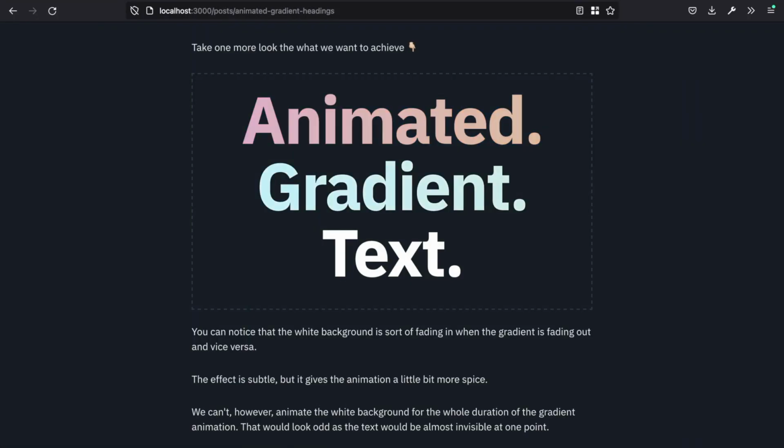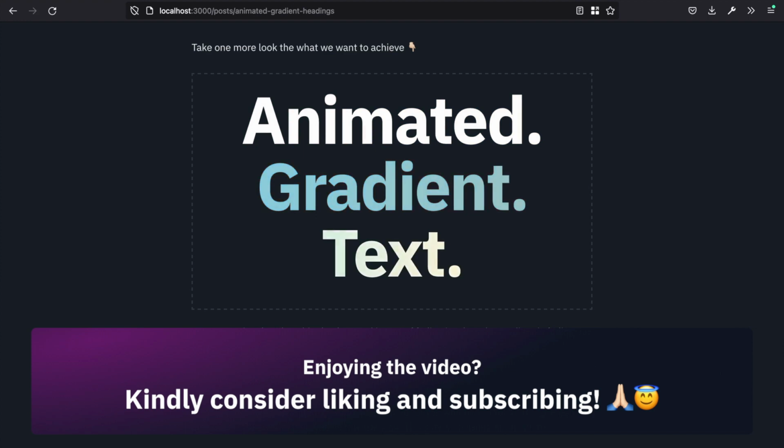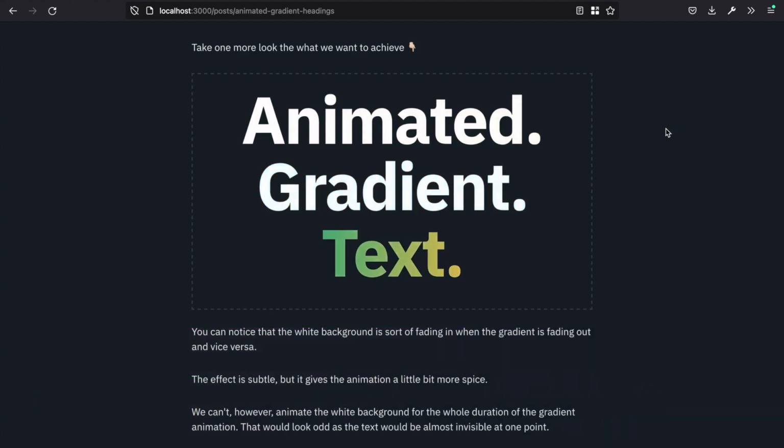Let's take a proper look at the final product that we're aiming for, and that's this animation. And I'm using my blog post as a reference once again. If you really pay attention to what's going on in this animation, you can see that the white background is animating as well, and it's fading out as the gradient is fading in, and vice versa, it's fading in as the gradient is fading out. But it's not the case through the entire duration of the animation. It's just the first bit of the fade out of the gradient and the last bit of the fade in